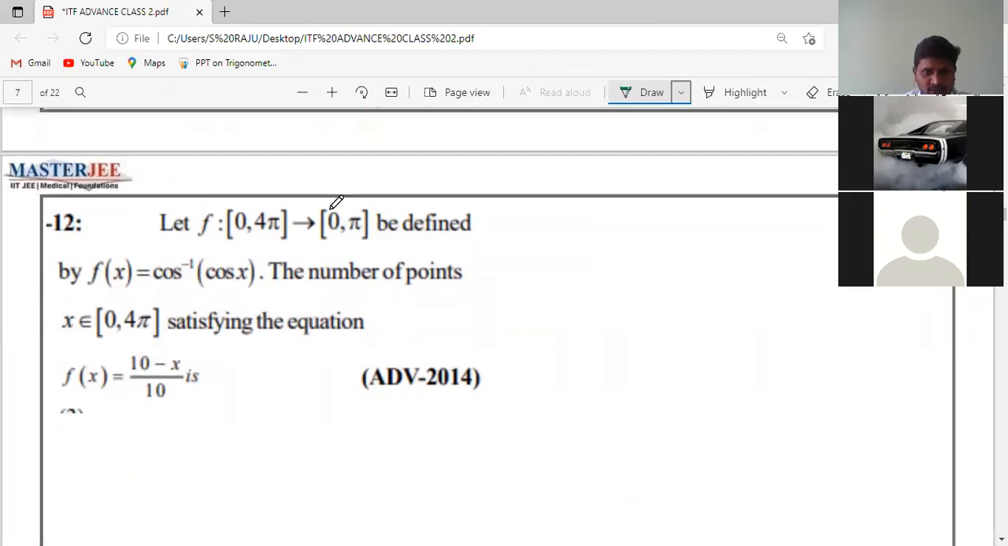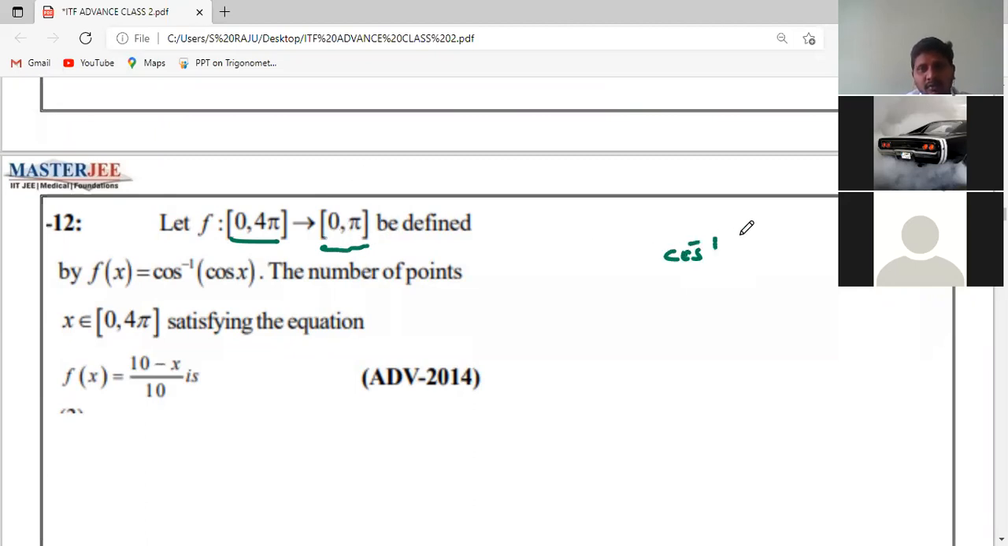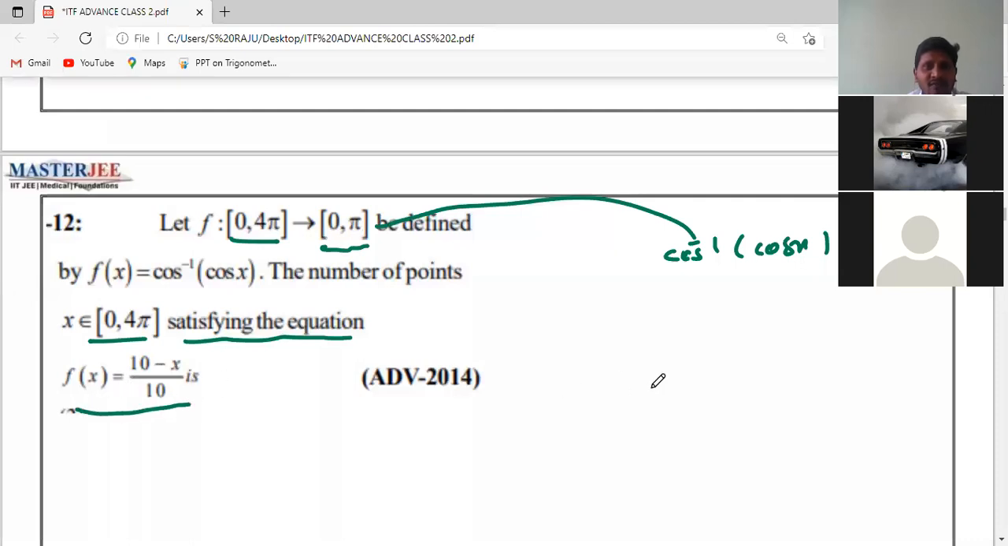Domain will be just 0 to 4 pi alone. So 0 to 4 pi. The output, the principal value branch, is always 0 to pi, because cos inverse of cos x, cos inverse is 0 to pi. And here the question is x belongs to the domain. Then the number of points which satisfy the equation f of x is equal to, look here in this